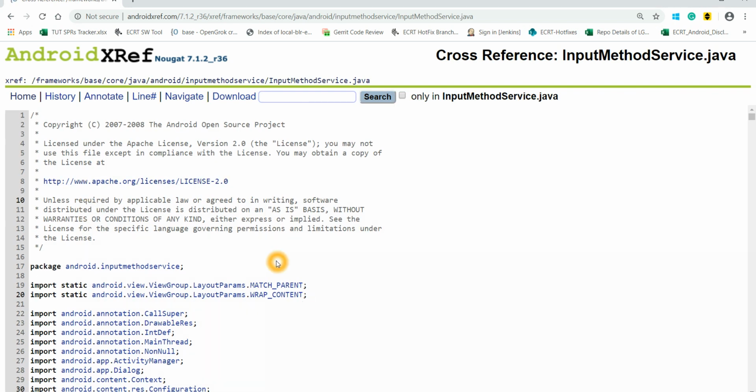InputMethodService.java is the file responsible for all the input methods in your Android phone. Your input can be in the form of text, touch, voice, or other external inputs like a joystick. All such things are handled here: how the keyboard should look, what letter should be displayed when you type, when you click on the keypad, how the cursor should be placed and where, and how the keyboard should look when you rotate the screen. All this information is managed by InputMethodService.java.